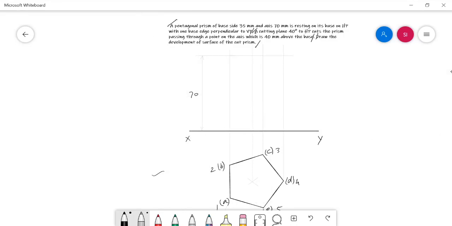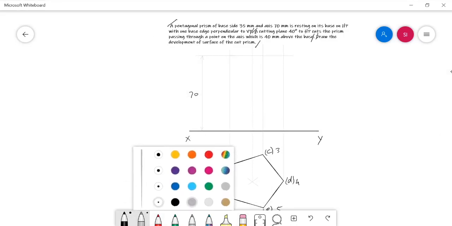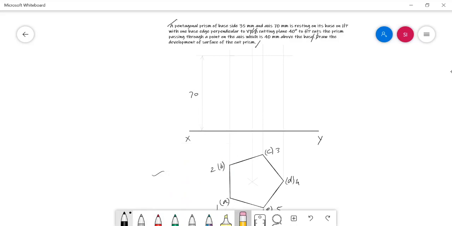Now it is an uncut solid, so I need to maintain everything with a 2H pencil. After sectioning only, I need to darken the live edges.